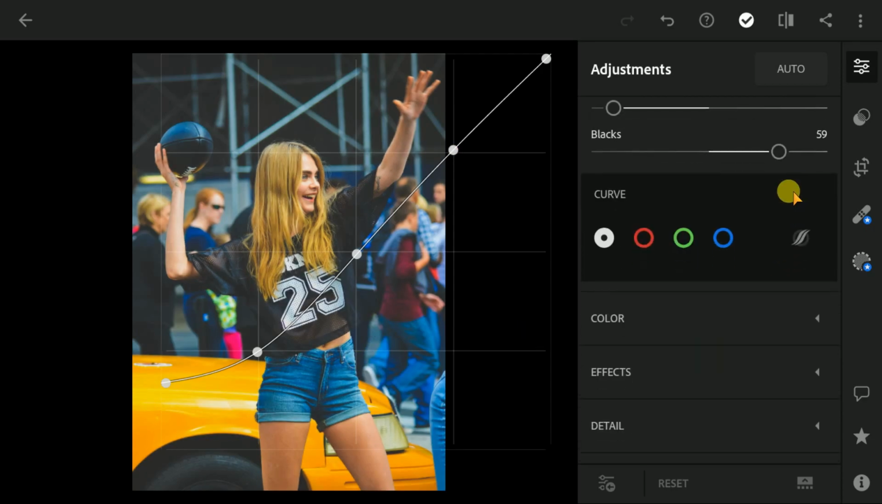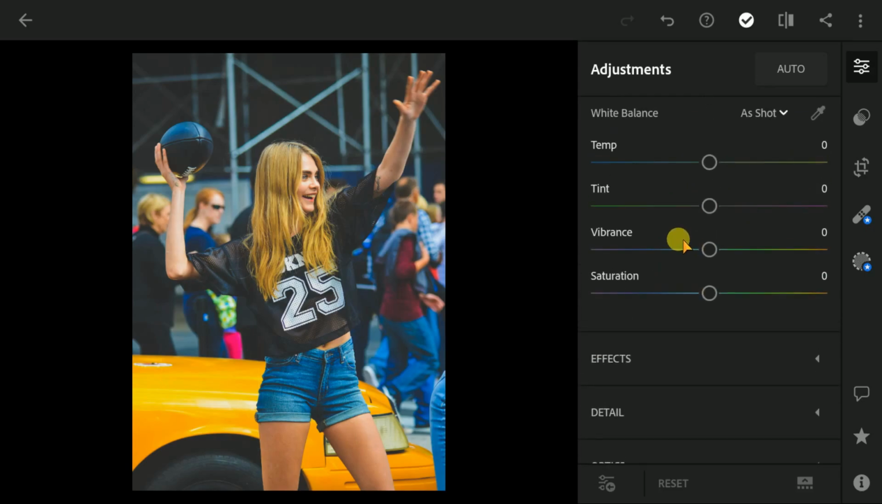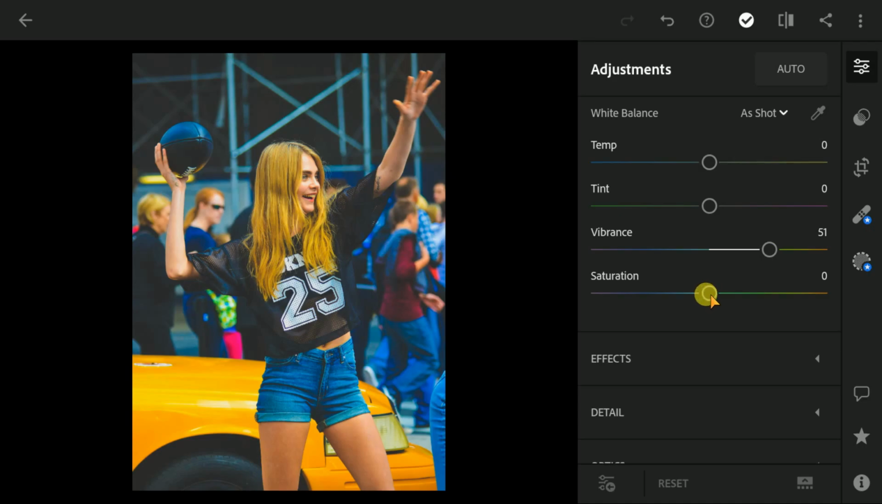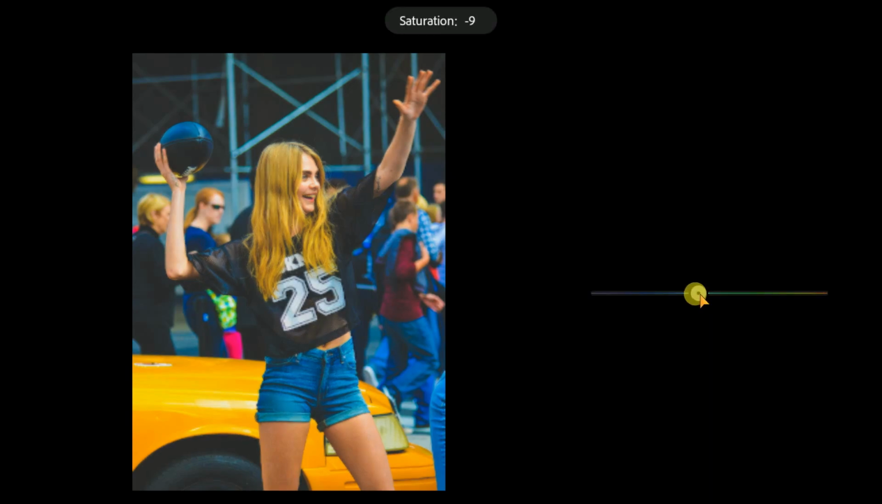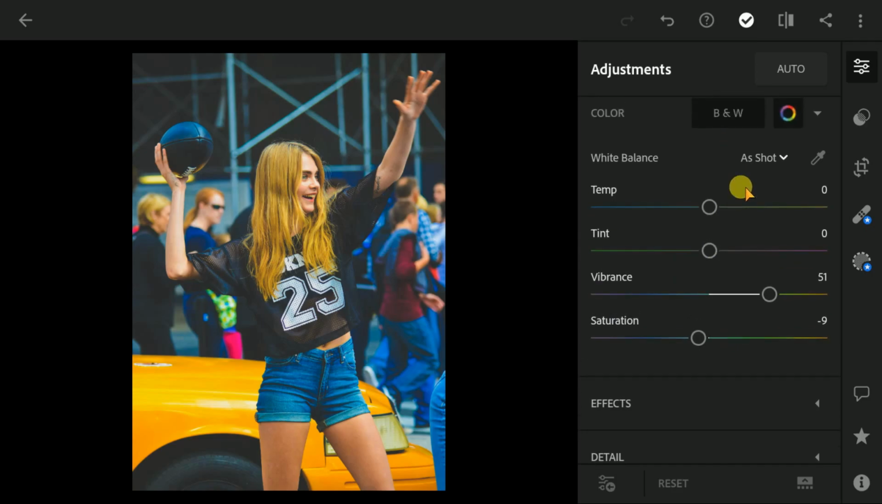Okay, now go to the color. Vibrance around 50. Okay, saturation minus 10. Okay, then go to the color mix,